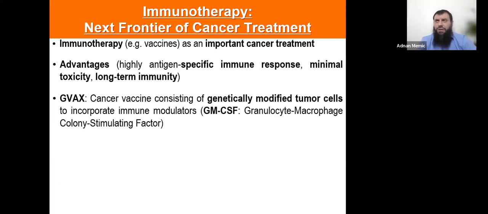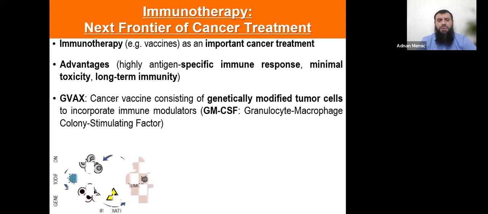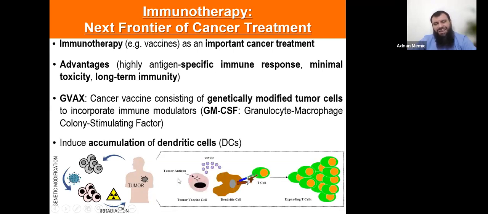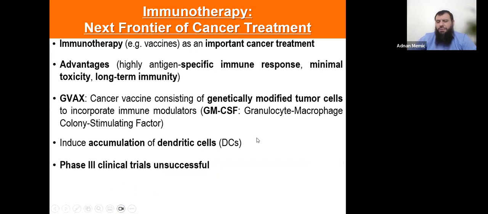So this is something that was kind of initiated by Glenn Granoff, I think, he was at Harvard, now he's at Novartis, and another lab. I think I will cite his work in Mooney's lab, where they started the idea of this GVAX. They thought they could genetically modify these immune cells to secrete these immune stimulating factors to basically tell the immune system, hey, this is a cancer cell. But taking this and doing this genetic modification and implanting it back into the person, these dendritic cells, finally the phase 3 clinical trials were unsuccessful. It was not shown to be